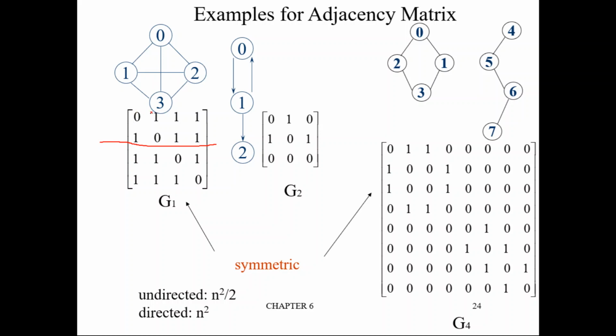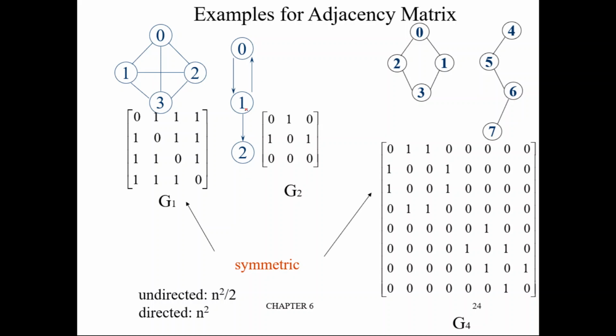So this is 0th column, this is first column. It is also 1 0 1 1. Okay, you can map with any row and any column, it will be similar. So when you represent an undirected graph using an adjacency matrix, that adjacency matrix will be symmetric. Okay, right. Now let us say graph 2.